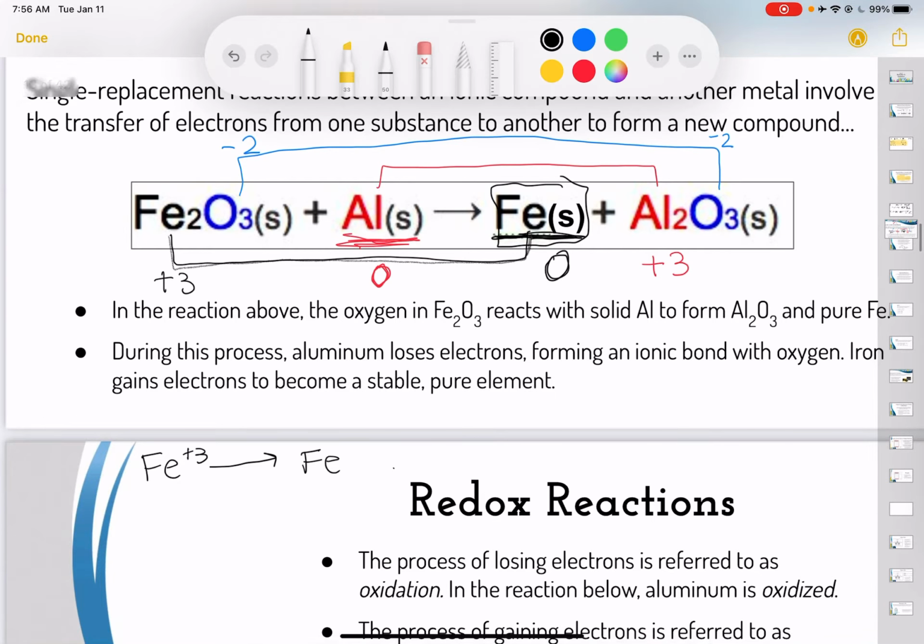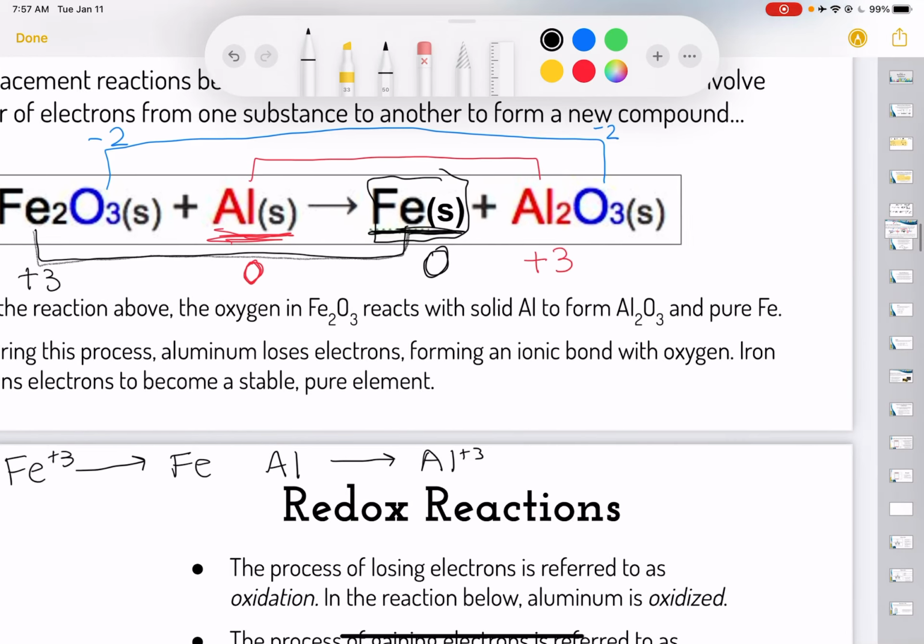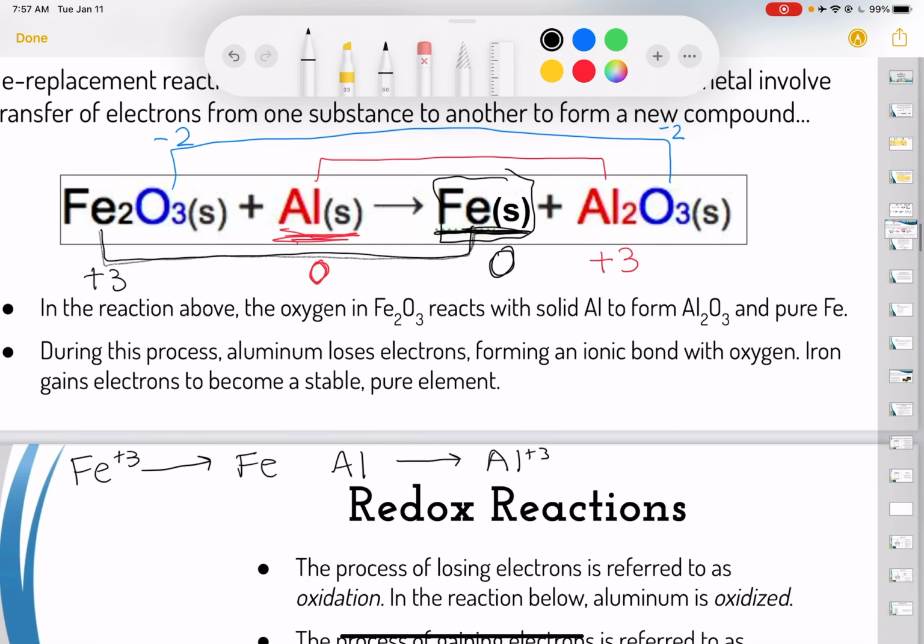Is aluminum, and it goes to be aluminum +3. Right, and the third one is oxygen -2, and it goes to be oxygen -2. All right, so I'm just writing down sort of what happens here from one side to the other. All right, so if we look at these,